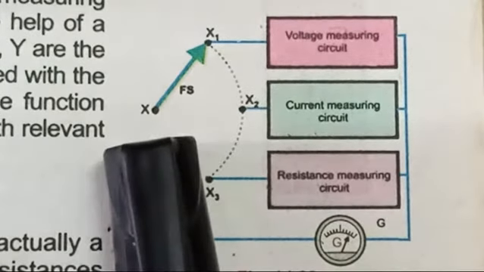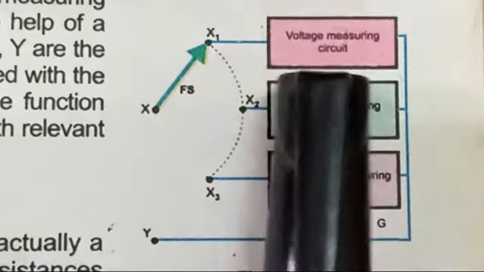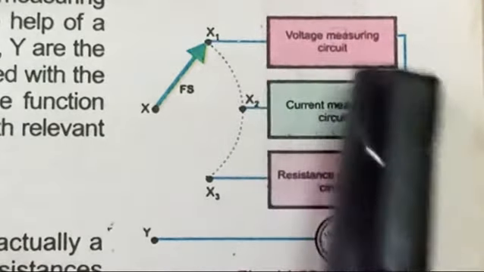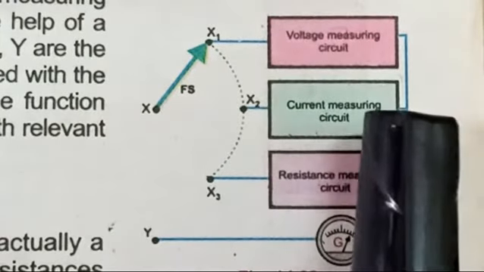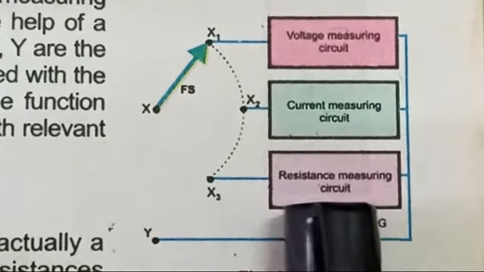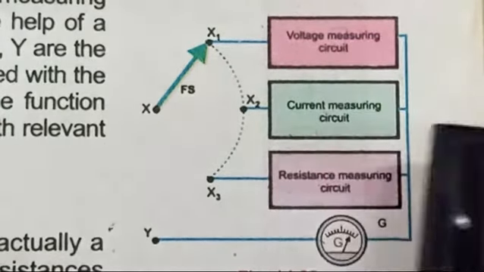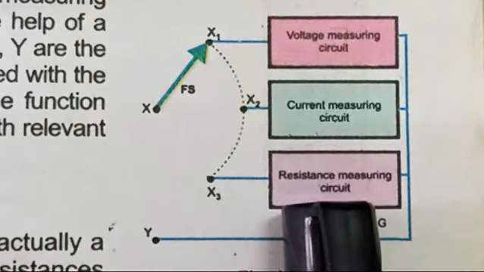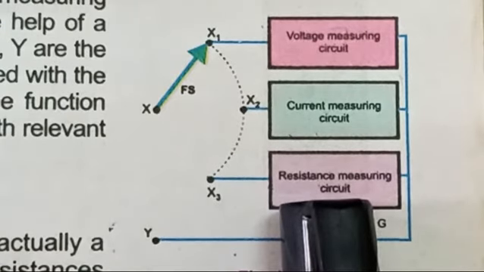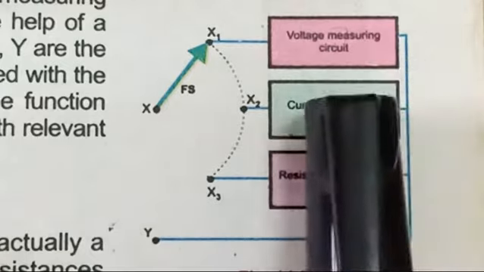And there are two main terminals, which ones? X and Y. Okay, they are connected to the required circuit. There are three circuits at a time: voltage measuring circuit, current measuring circuit, and resistance measuring circuit. Voltage is measured in volts, current is measured in, very good, ampere, and resistance is measured in ohm. So on the name of the units' first letters, avometer, AVO, avometer.